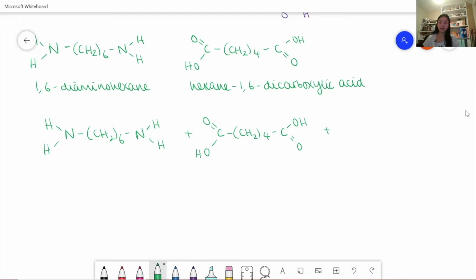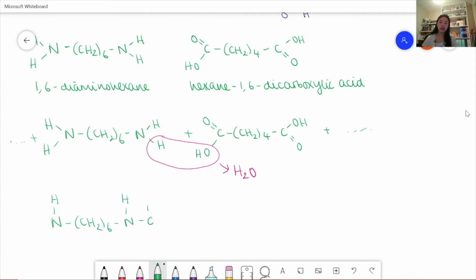and we have dot dot dot, and then plus dot dot dot. And what we're doing is, again, we're taking away a water, so we're taking away this, and this is removing a water. And so what we form as our nylon 6,6 is NH CH2 6